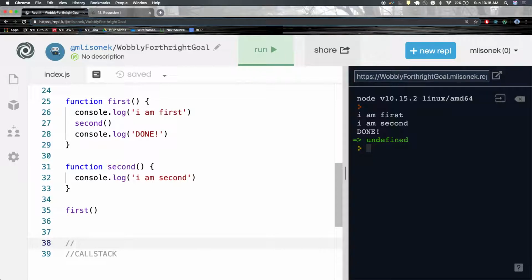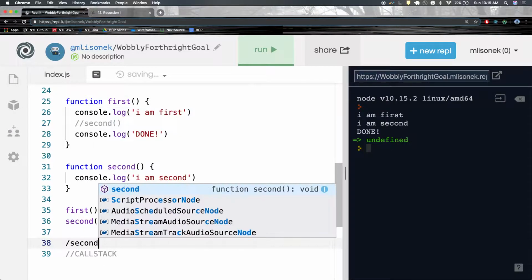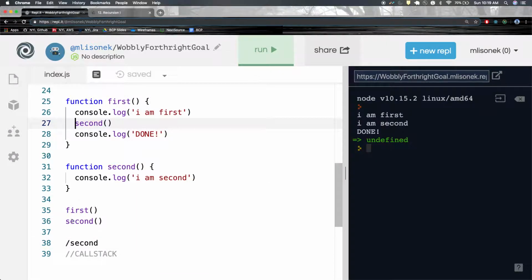Does calling second inside the first function change the order that it was placed on the call stack at all? What do you mean? So if I called second here, and then I didn't call it here, it doesn't change the order, but first is thrown onto the call stack when it's running, right? Then first finishes running, so first is taken off. So now the call stack is empty, and then second runs, so then second's thrown on there. But if you call second in here, and you don't call it after you call first,